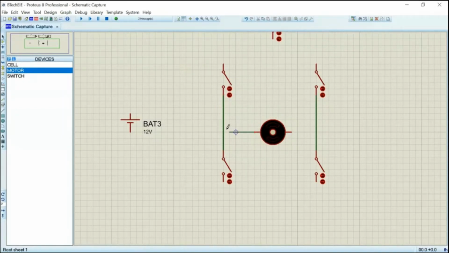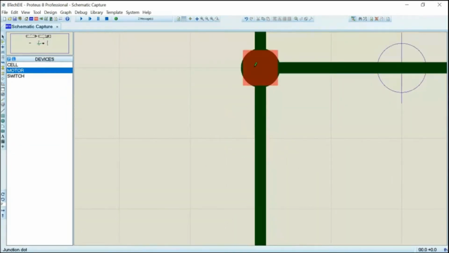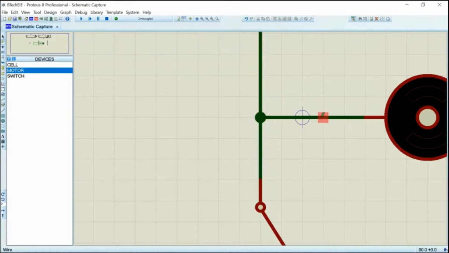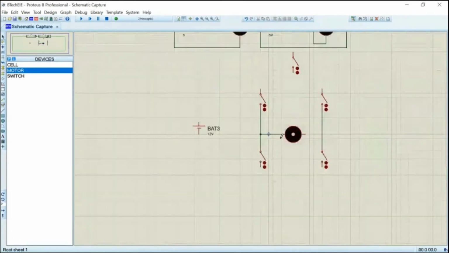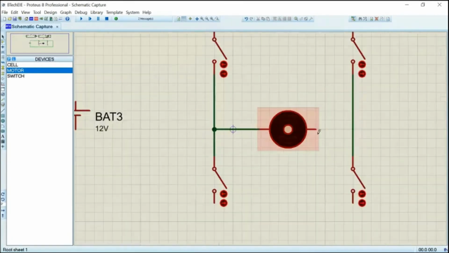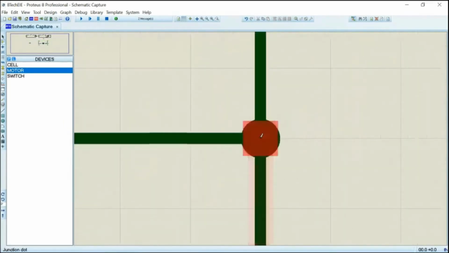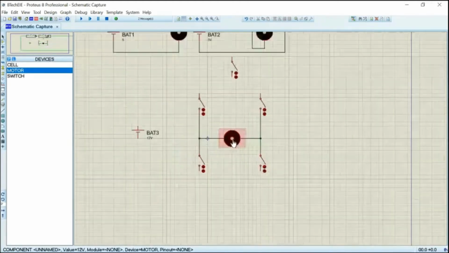Press, drag, terminate. See, there is a dot here. This dot signifies that all the three terminals are connected. Similarly, press, drag it here. Okay, there is a dot here, which means all the terminals are connected.